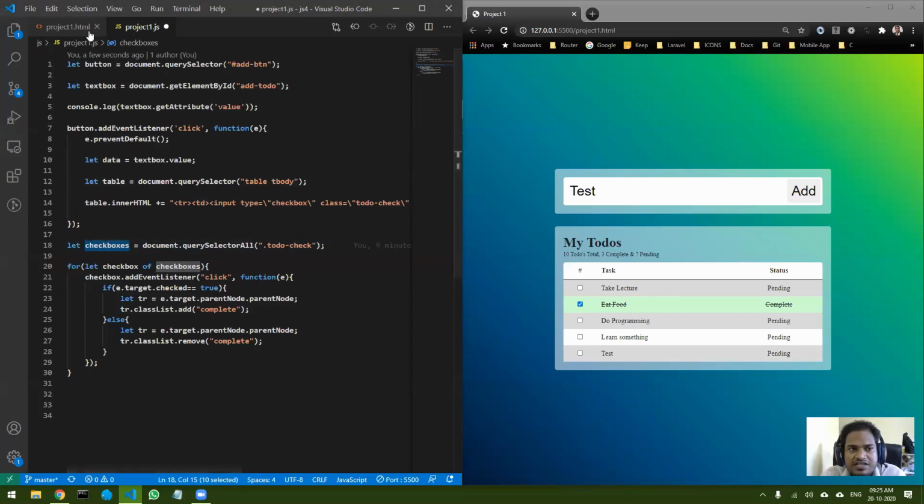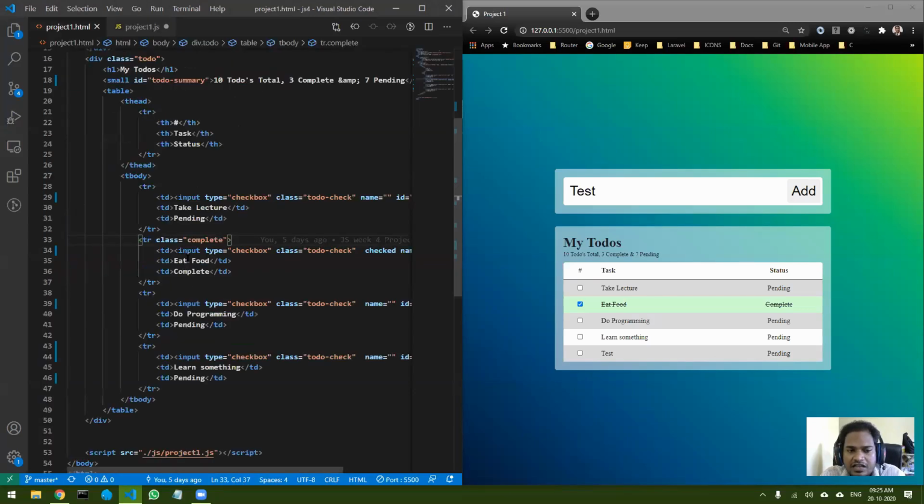But just imagine if I had added the event listener to the TR. If I add it to the TR, will it work? Will the TR know if new TRs are added?